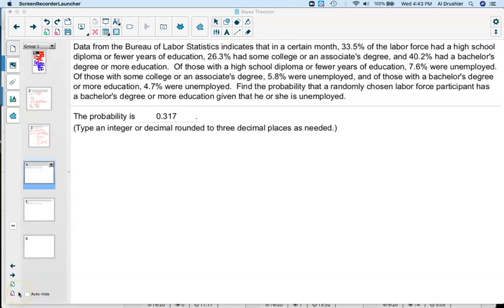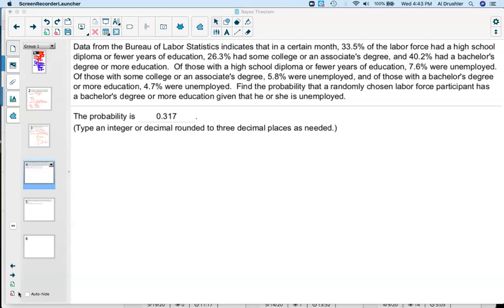This video is just going to show two examples of the application of the Bayes theorem. Please watch the previous two videos that developed the Bayes theorem formula and then also expanded on it with an example. Data from the Bureau of Labor Statistics indicates that in a certain month, 33.5% of the labor force had